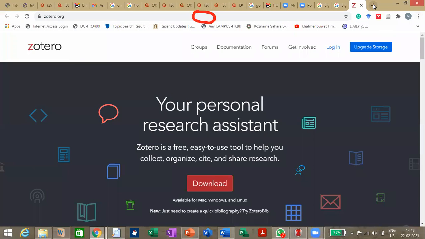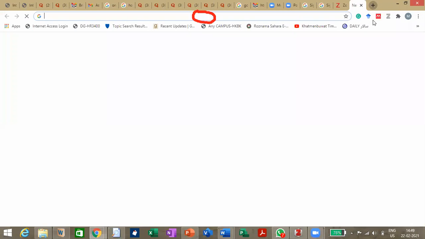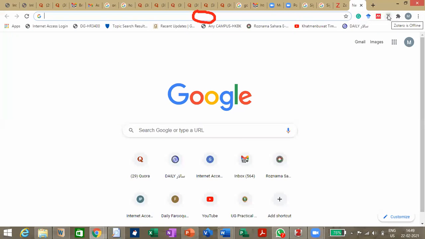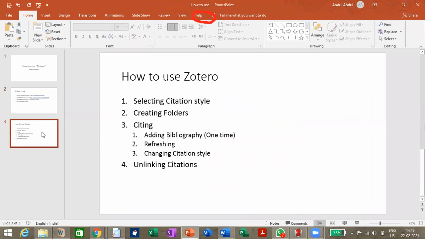After you install the browser plugin, you'll be able to get this. You can see the Z here. This is the Zotero browser plugin. After you install it, you'll get the Zotero option or icon visible in the browser. So this is Google Chrome. So that's all. Now, after installing the browser plugin, let us go on to how to use this.